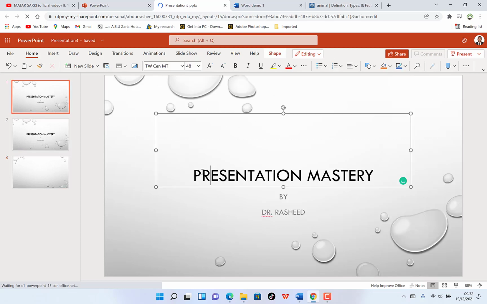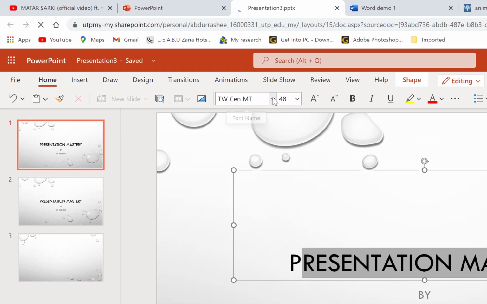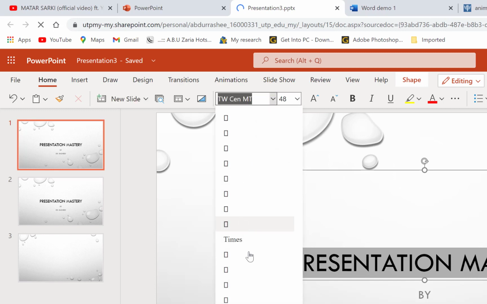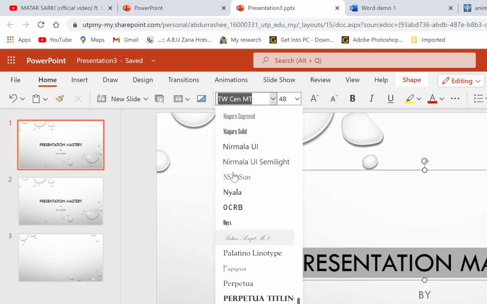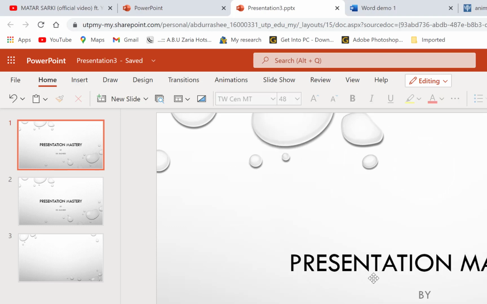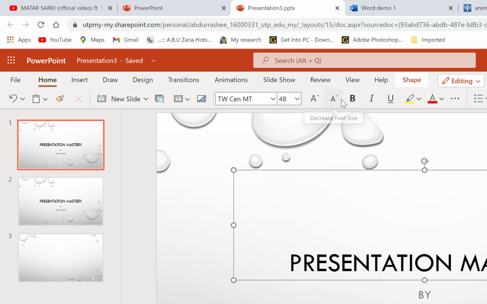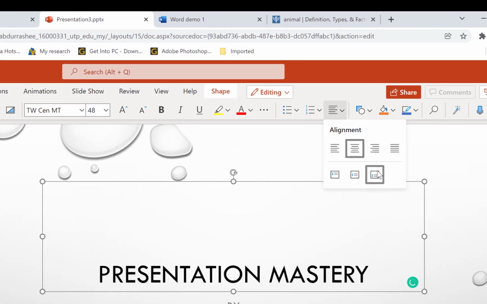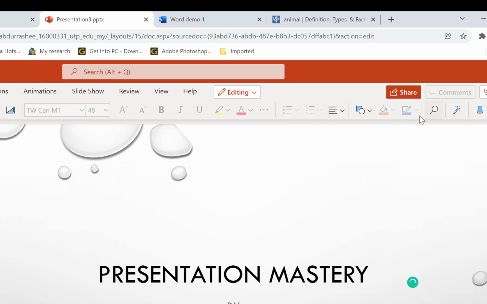Okay, you can play around with the text, you can select it, you can change the different kinds of styles. Okay, you can play around with different kinds of font styles, and you can have different kinds of font sizes. You can increase or decrease the font sizes accordingly. You can bold, you can italicize, you can do quite so much here. So over here you have the alignment controls. You can align left, align center, and even justify directly. You have the other features like